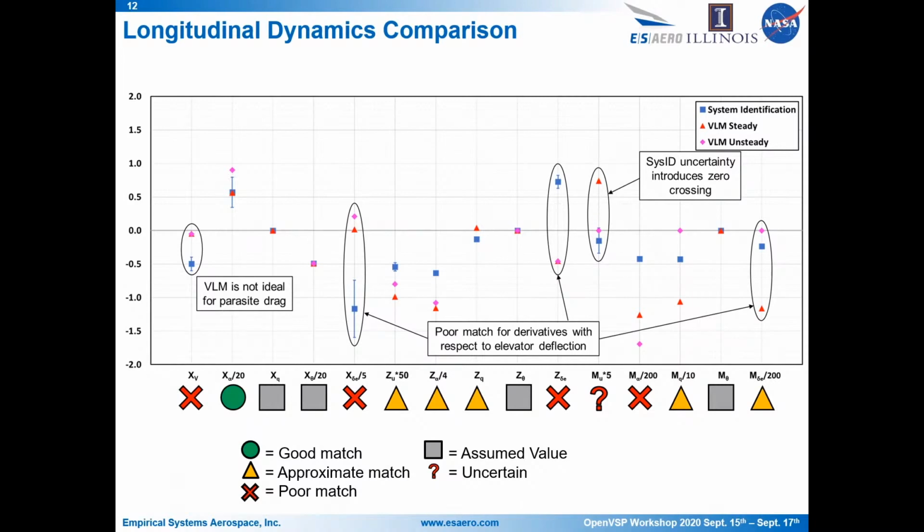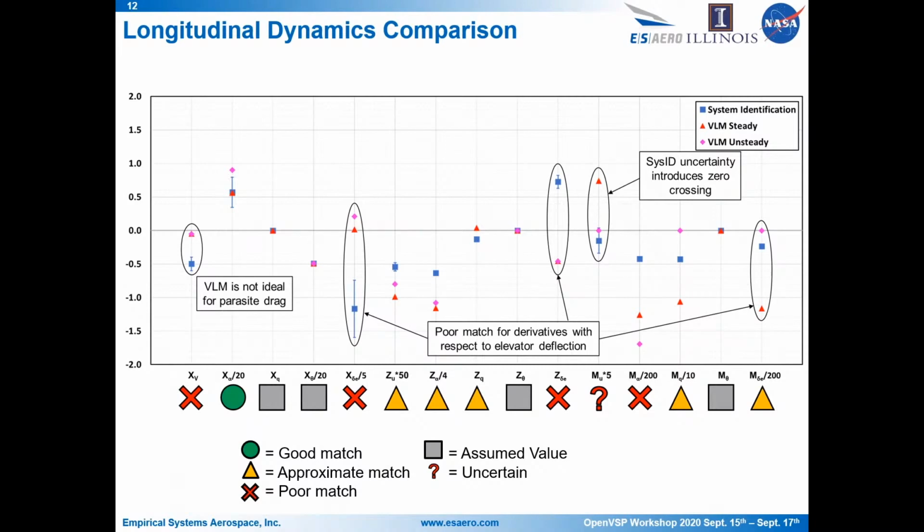And on the whole here, outside of the assumed values with the gray boxes, we see either approximate matches or poor matches in the dynamic variables. And we can dive into some of these pretty quick. The first being force in X due to changes in airspeed. That's largely a drag